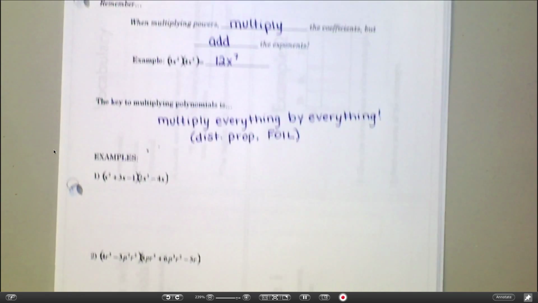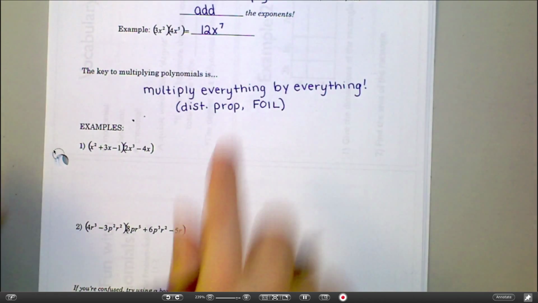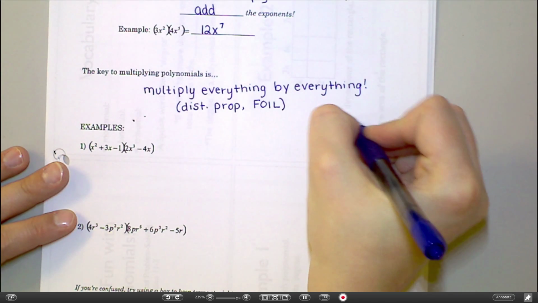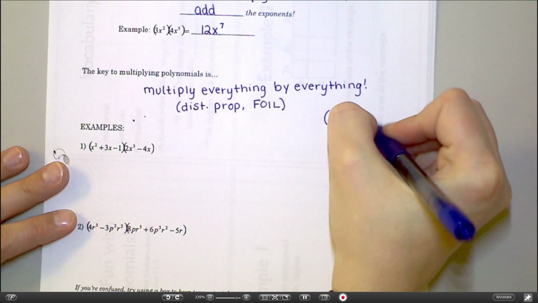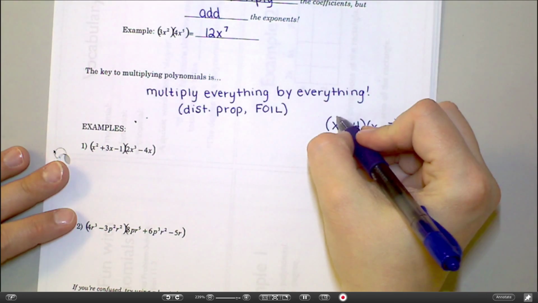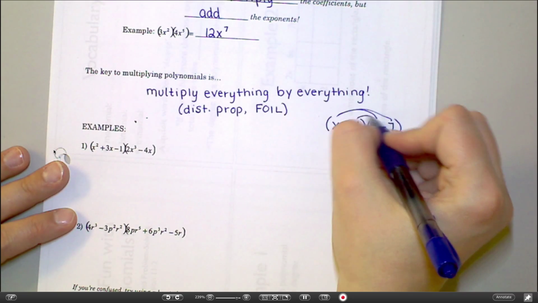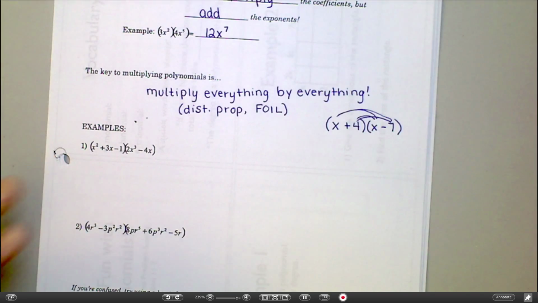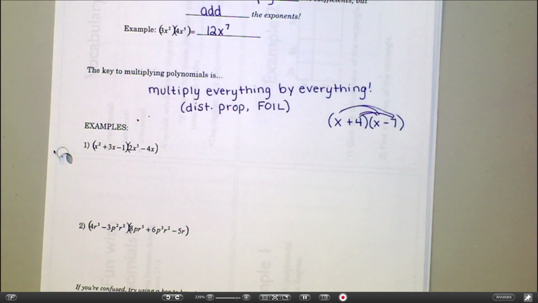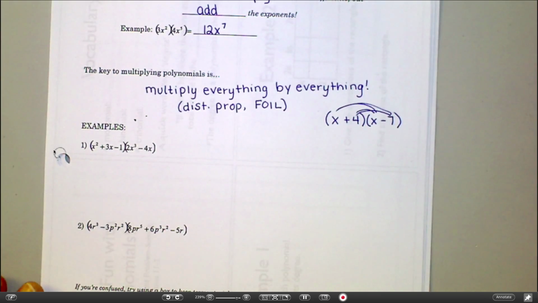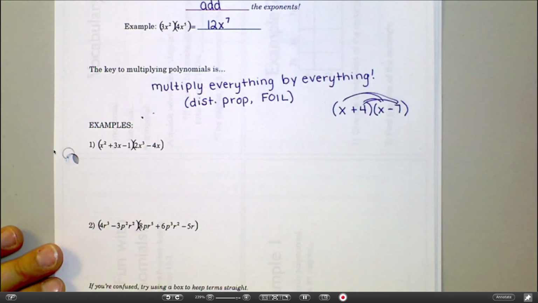Okay? So FOIL works when you've got two binomials. So if I had x plus 4 and x minus 7, for example, you would do first, outside, inside, last. Right? Does that sound familiar? This is going to use the same type of process, but the acronym FOIL won't work anymore because you're going to have more than 2 by 2. So, like in this first one,